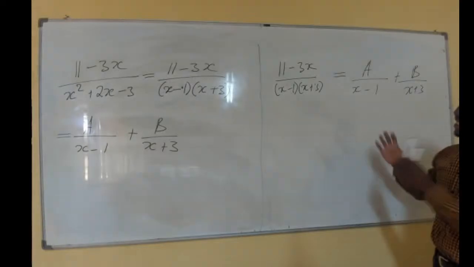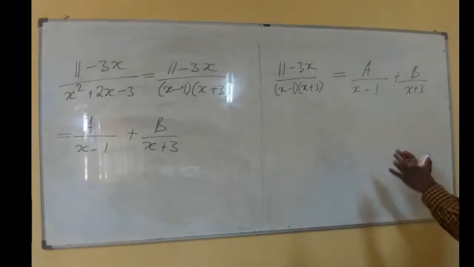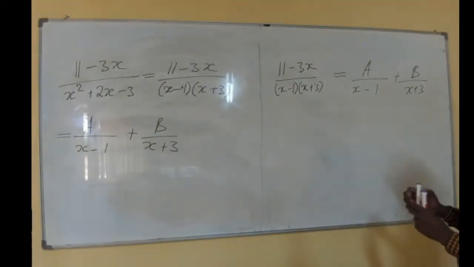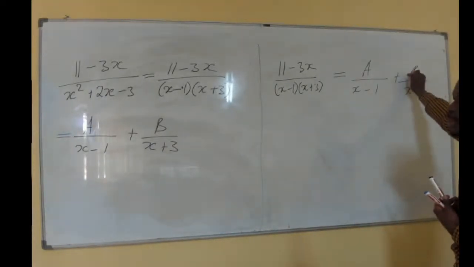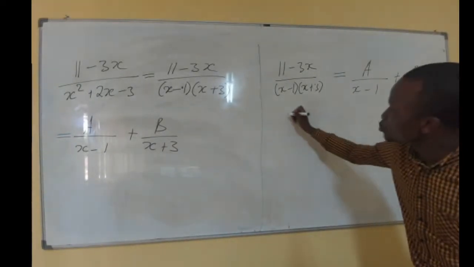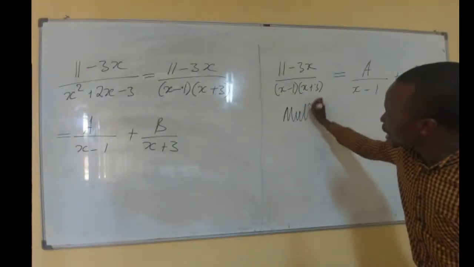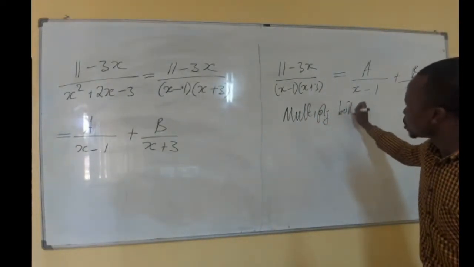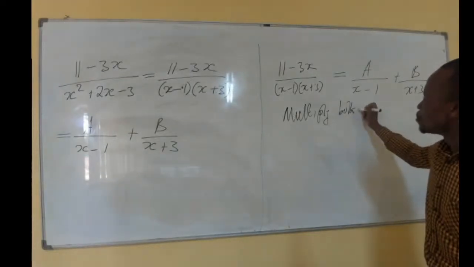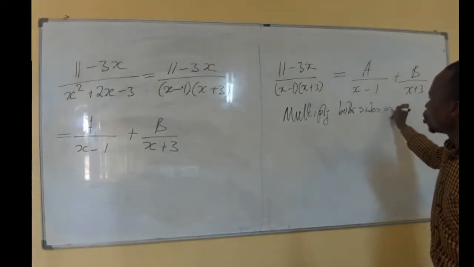Now, what should we do? Because we want to find the value of A and the value of B, you multiply both sides, or each term on both sides,